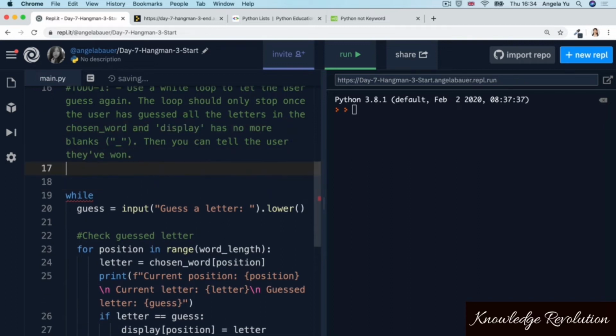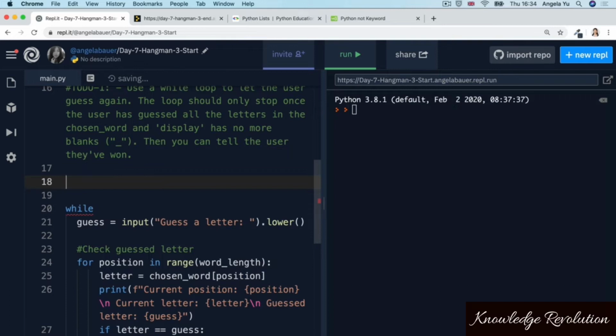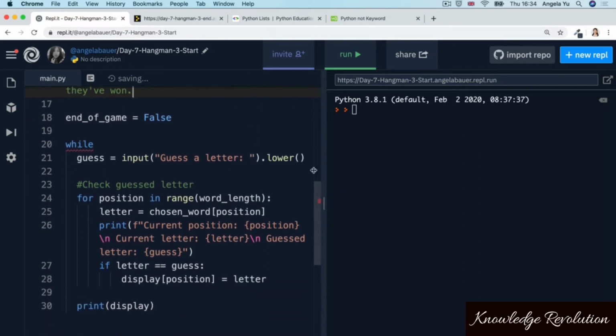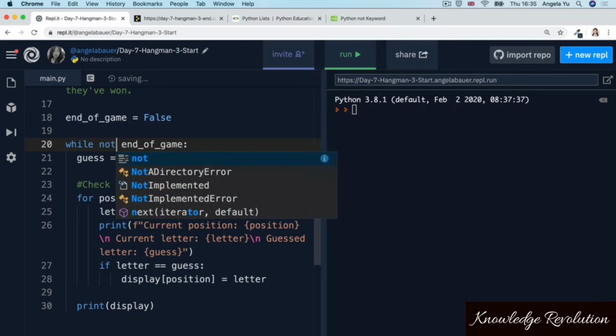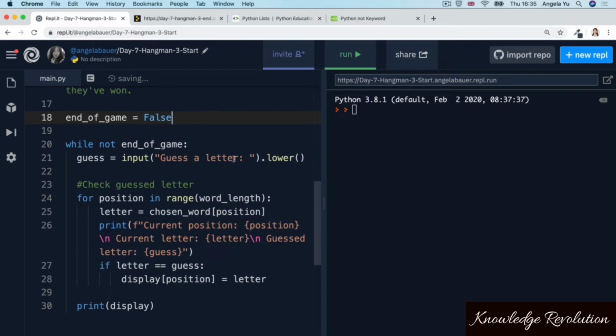Why don't we create a variable which we'll call end_of_game and set that to False to begin with because it's not yet the end of the game. And while it's not yet the end of the game, so while this is False, you can either say while end_of_game is equal to False, or alternatively, and I think slightly easier to read, you could say while not end_of_game,